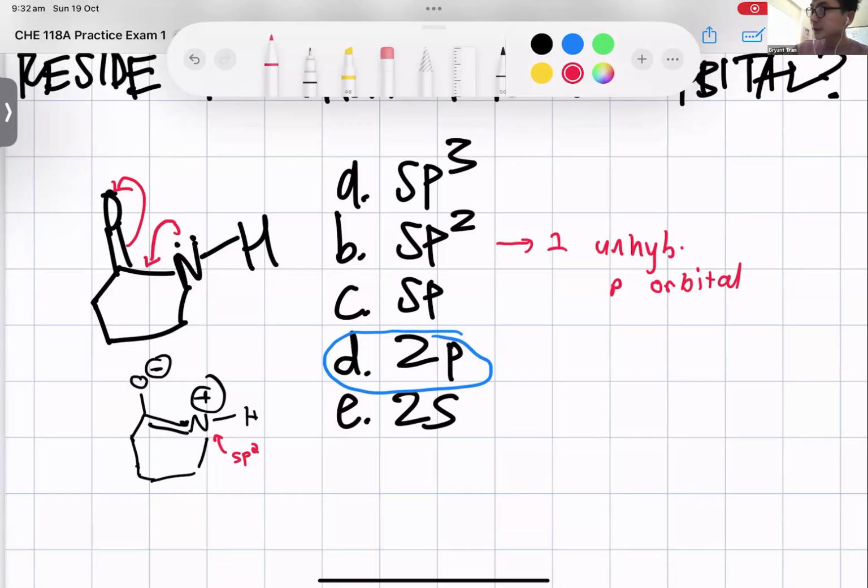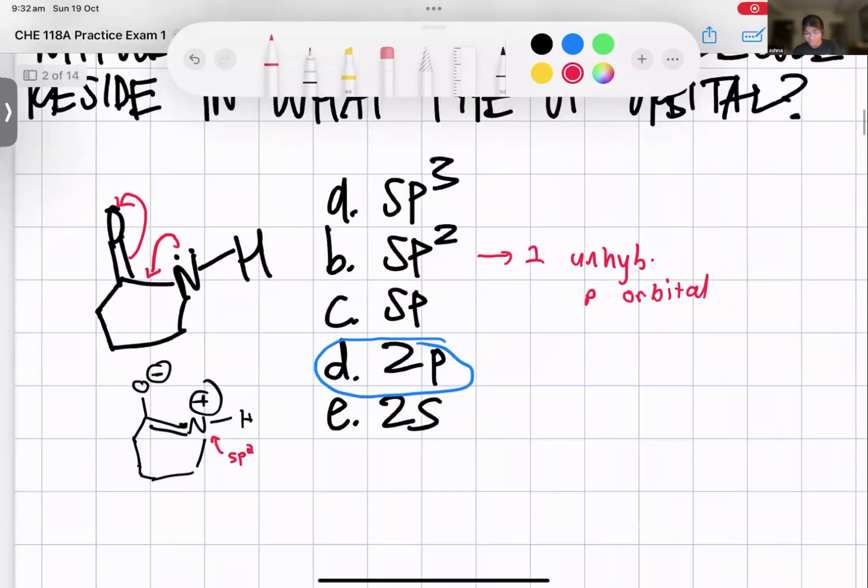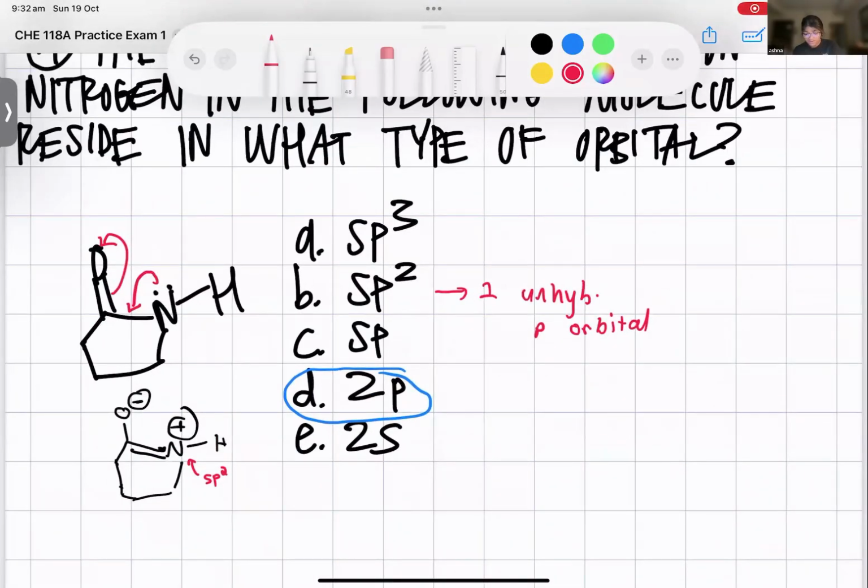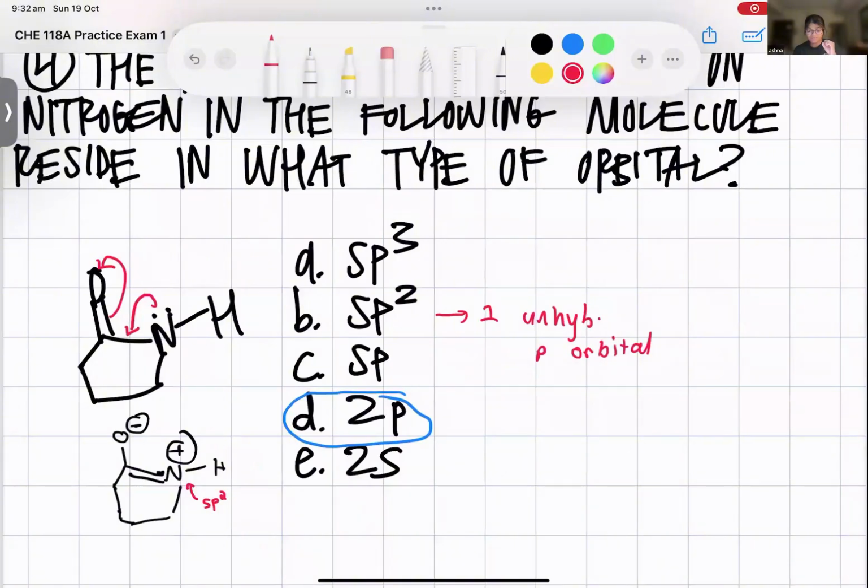Oh, right. Let me check one of his practice rounds, because I think he said that one of the pair of electrons resides in the sp3 orbital. But let me double check it really quick. Okay. But if they're just clarifying, if they have a question, instead of asking where a lone pair of electrons stays, it would be what is the hybridization of the nitrogen in this molecule. Would the answer be wrong if I say sp3?